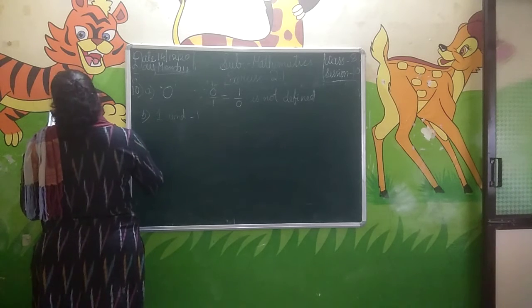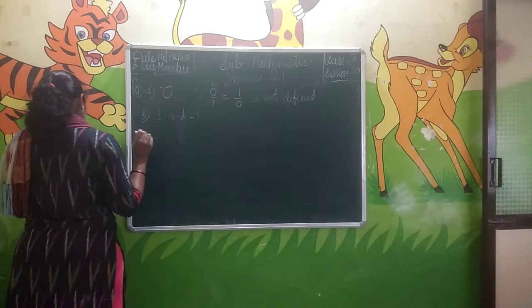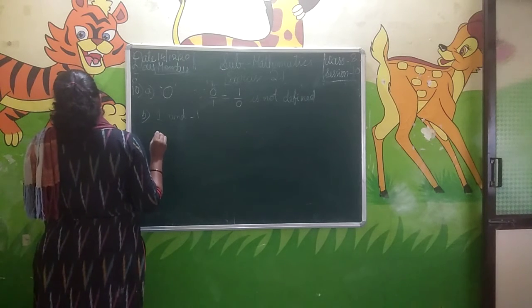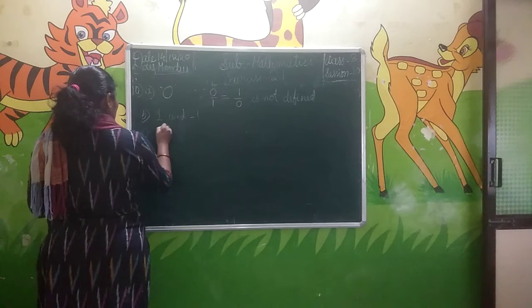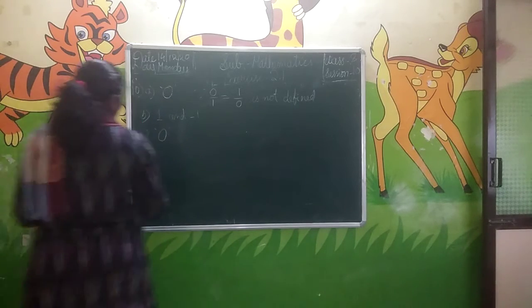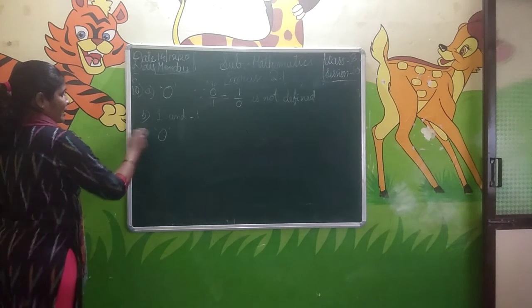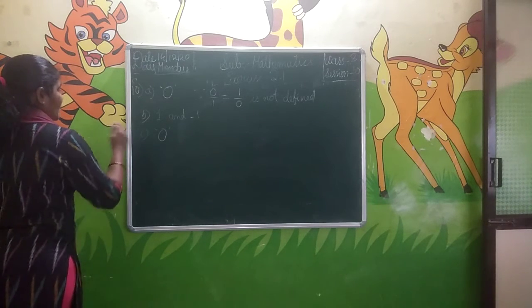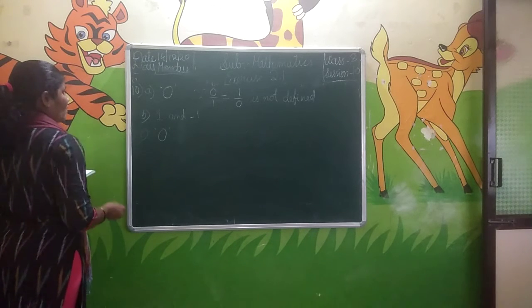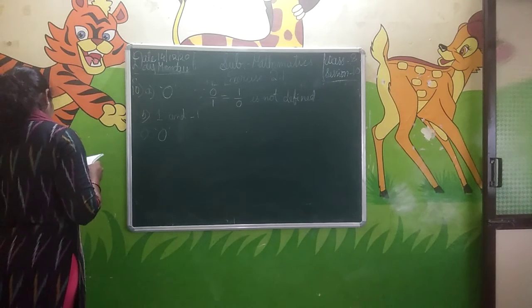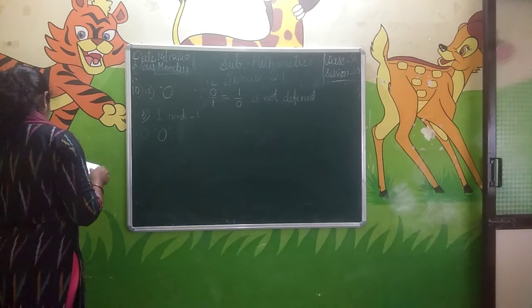Next, we come to the third problem, the rational number that is equal to its negative. Which number is equal to its negative? That is 0 itself, because only the number 0 does not have any sign. It may be positive or it may be negative. Only 0 does not have a negative symbol, so 0 is the answer.